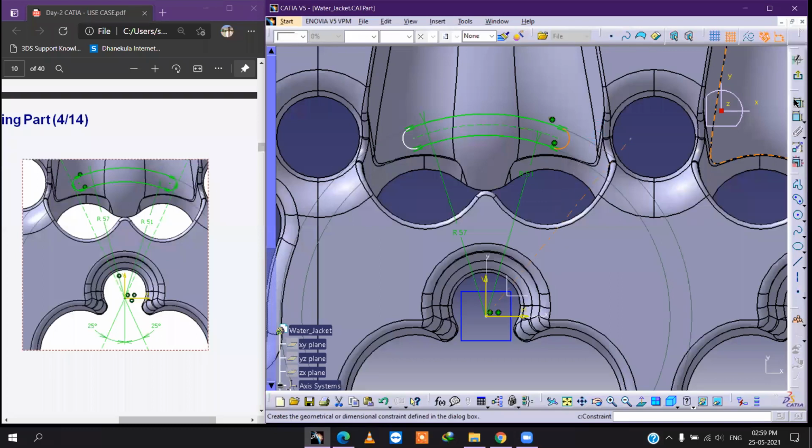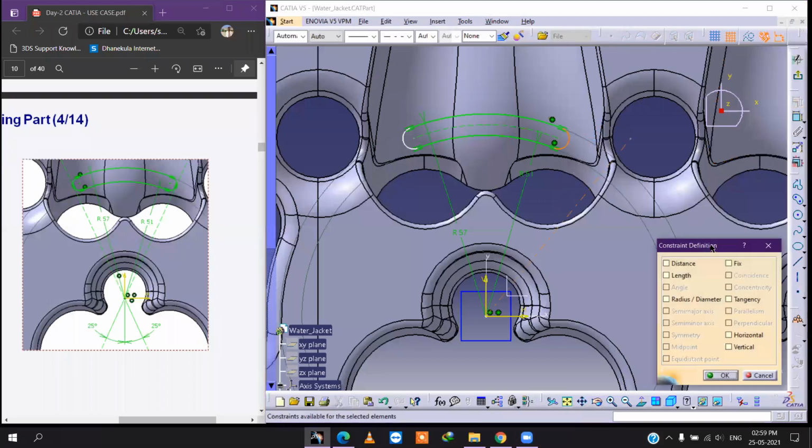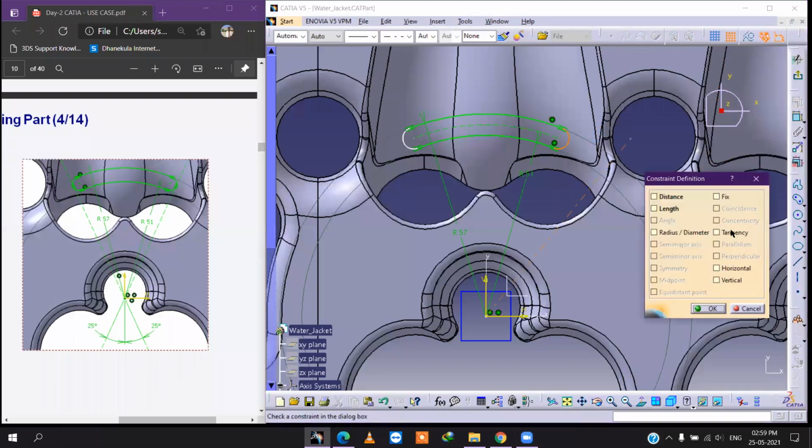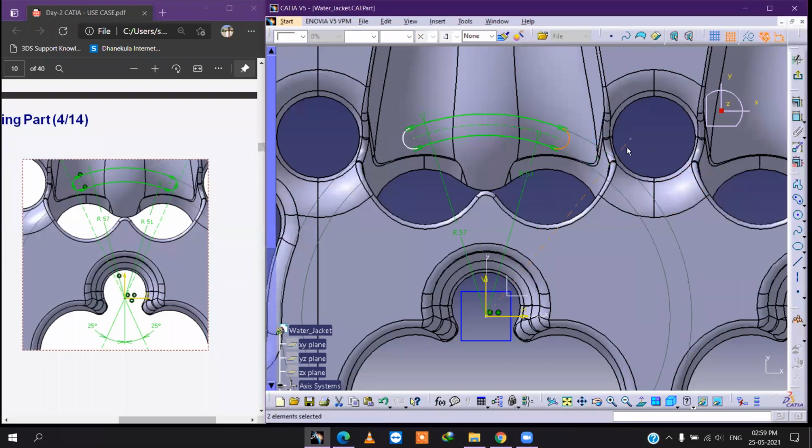Go to the constraint defining dialog box and click on tangency. You can do that also. While giving the dimension, it will come automatically. Otherwise, from here also you can give.